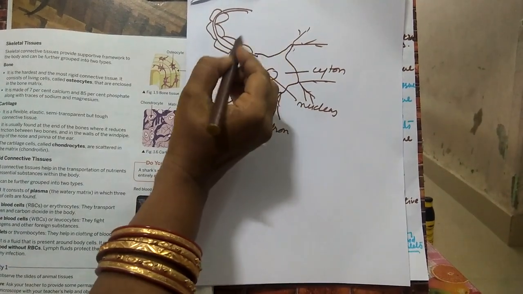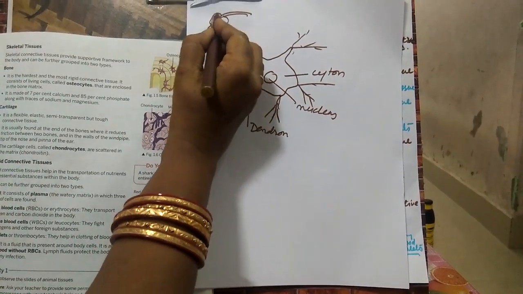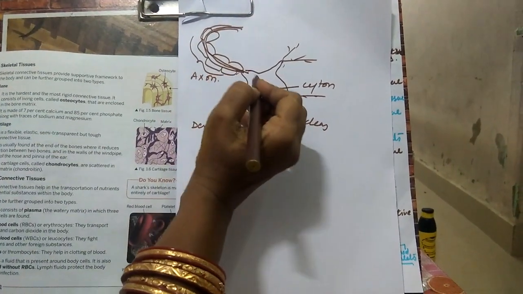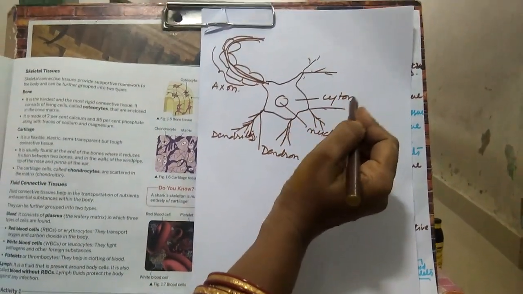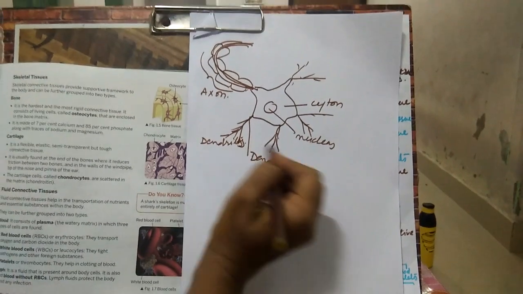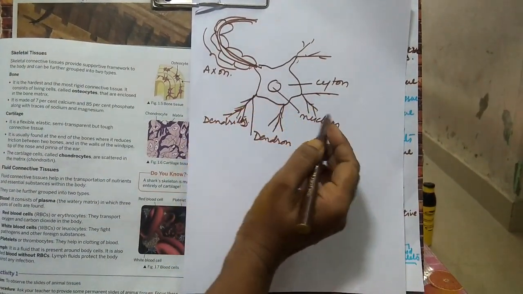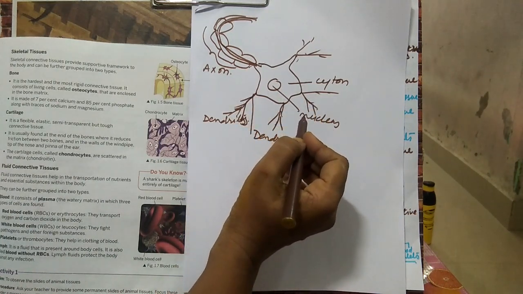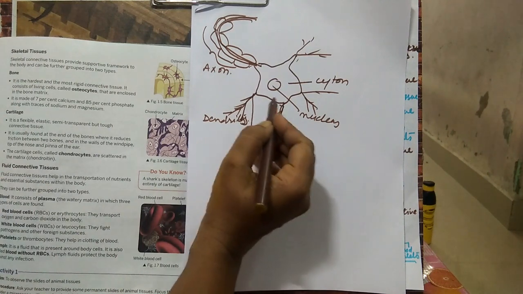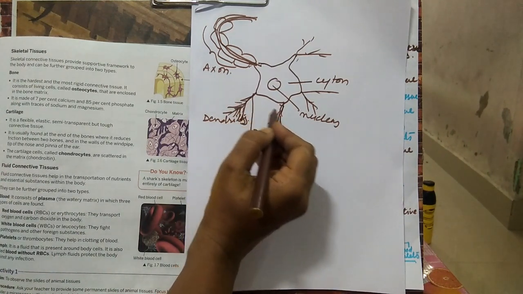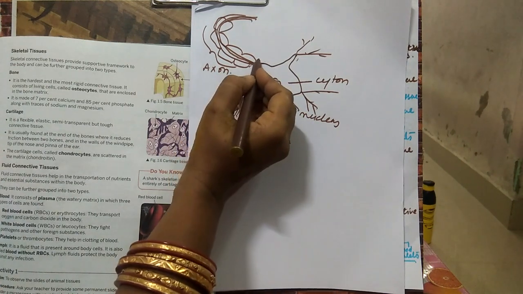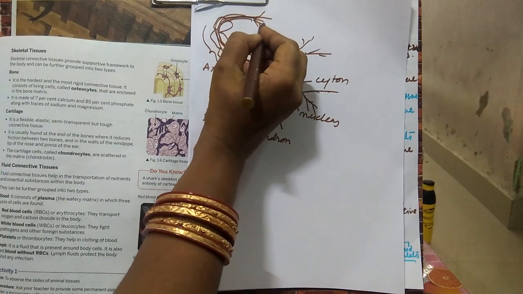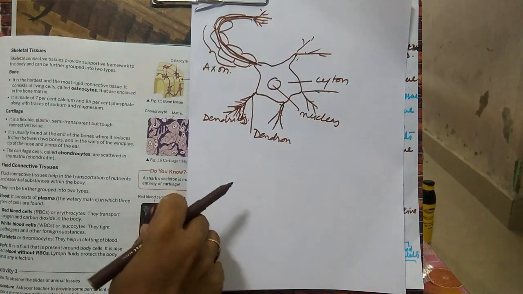And one of the branches of the dendron, which is the longest portion, the entire one is known as the axon. So we have marked this dendron, dendrites, nucleus, cyton, and axon. Cyton is the cell body. Dendrons are the finger-like projections extending from the cell body. Dendrites are the minute branches from the dendron, and the axon is the longest extension of the cell body. This diagram is very important. You will be practicing this diagram along with these 4 structures.